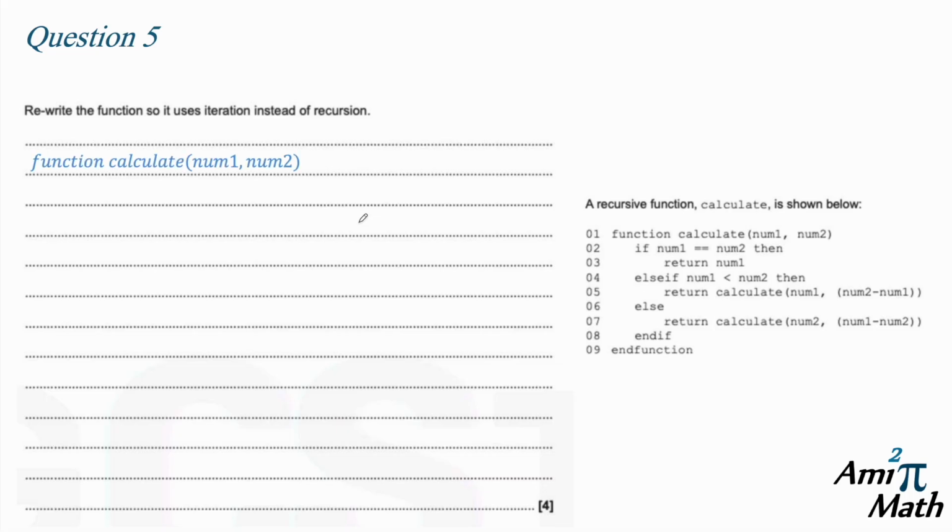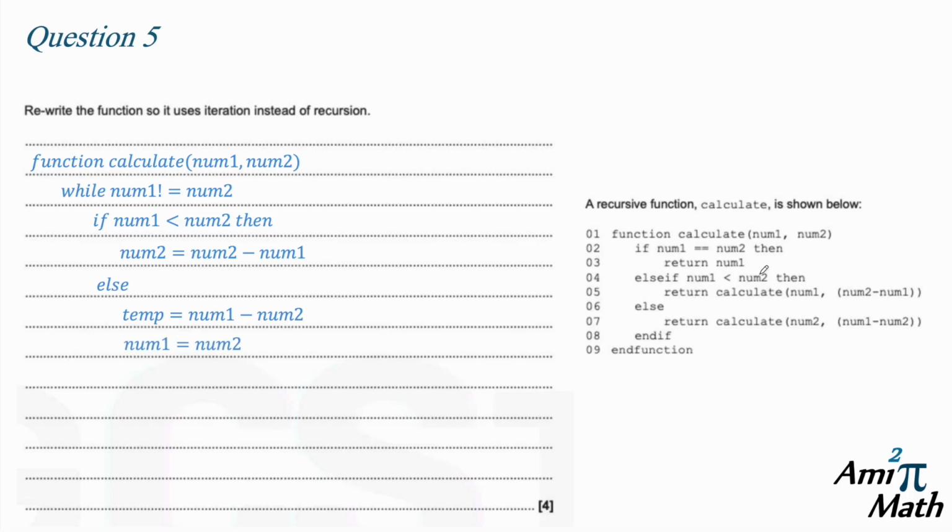Okay, so the first line stays the same, function calculate num1, num2. Obviously this video is not about recursion, but we know the difference between recursion and iteration is recursion has a base case and calls itself, whereas iteration will use something like a for loop or a while loop. So while num1 does not equal num2, which is represented by an exclamation mark and an equals, if num1 is less than num2, so the same kind of logic here, then num2 equals num2 minus num1, else temp equals num1 minus num2,